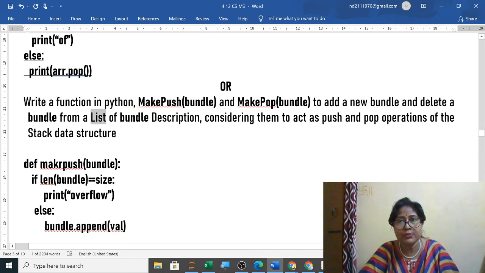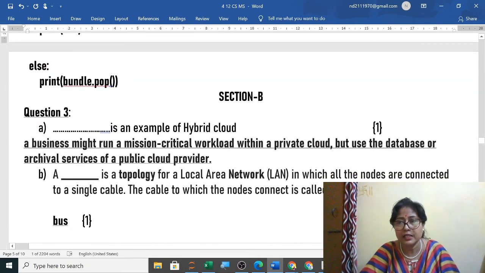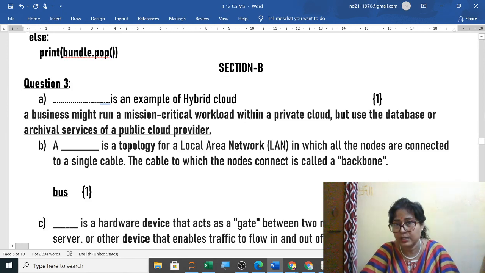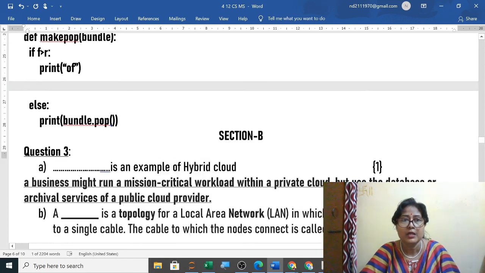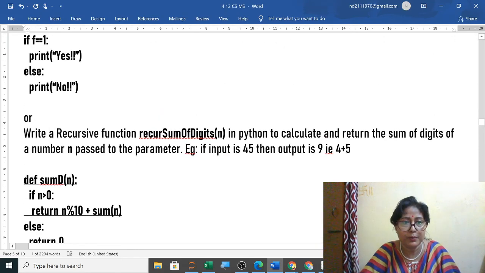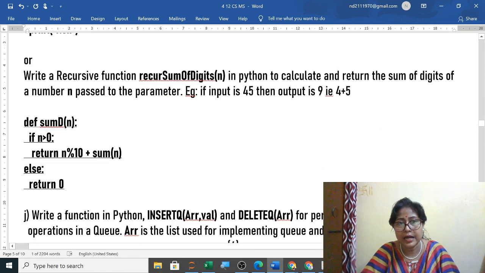So from the revision portion: add an element at the end of the list or at the beginning of the list, delete an element from the end of the list. These types of questions are there. Then factorial, Fibonacci, all this using functions, these types of questions are also there. And CSV files and binary files, I will share with you the sample question paper of CBSE. So these types of questions are there, and MCQ as well as the writing part is also there. Any doubt?